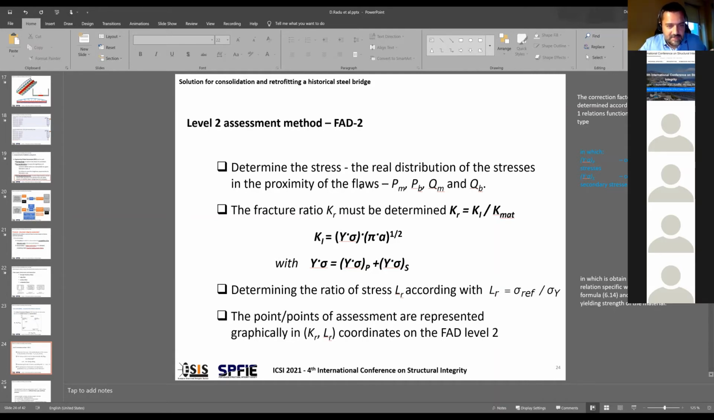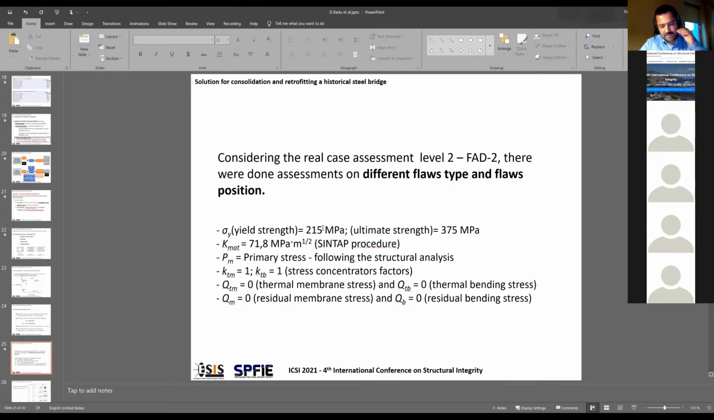First is determining the stresses, which we have already done. We have calculated Pm membrane, respectively bending, primary and secondary, and then we need to determine the ratio of the stresses Lr and Kr, the ratio respectively of the stress intensity factor and the fracture toughness. In the end, we will have coordinates that will lead to the assessment point,